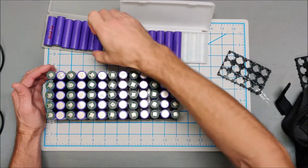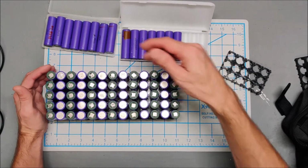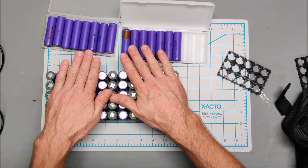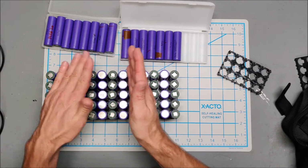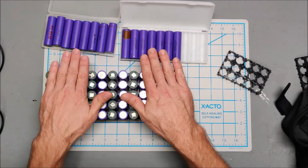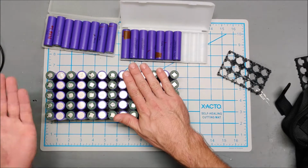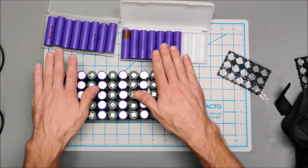Although maybe my 8 is a 5, maybe that's 2500. Some of these are 2500, some of these are 2200s. So if you start putting some 2200s and some 2500s on here, as this pack gets hit hard by the e-bike, certain parallel packs will discharge faster than others, because the cells in parallel do not have the same capacity, because you got some low ones mixed in with some high ones. And that means that you're constantly having to rebalance through the BMS,